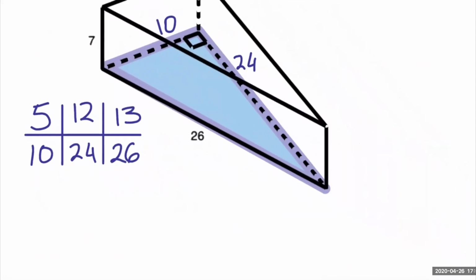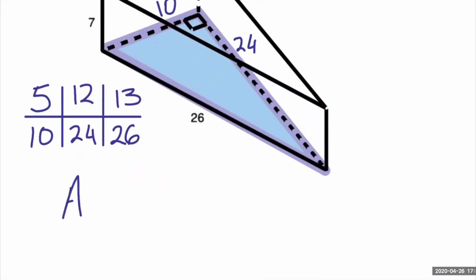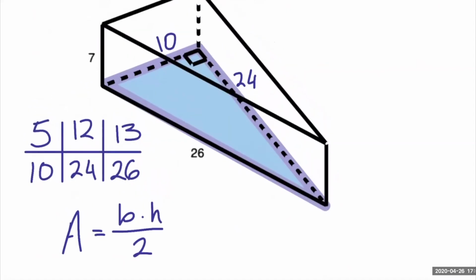Right? And now I can calculate the area of this triangular base with one of my area formulas. I know that the area of a triangle is equal to base times height over 2. And again, I'm going to reiterate that we are talking about area at this moment. It is a 2D thing. So this height is the height of just this triangle, even though the triangular prism also has its own height